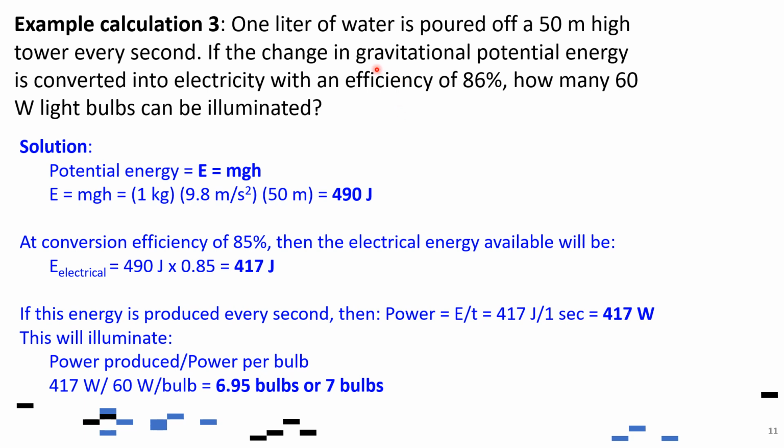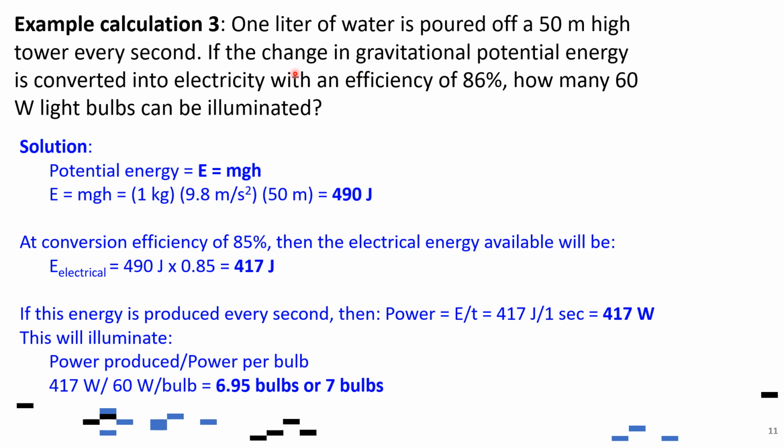of calculations. So here, 1 liter of water is poured off a 50-meter high tower every second. If the change in gravitational potential energy is converted into electricity with an efficiency of 86%, how many 60-watt light bulbs can be illuminated? So basically the question is about converting the output electricity into the number of 60-watt light bulbs that can be lighted up. So the final question is how many of these light bulbs can be illuminated based on the